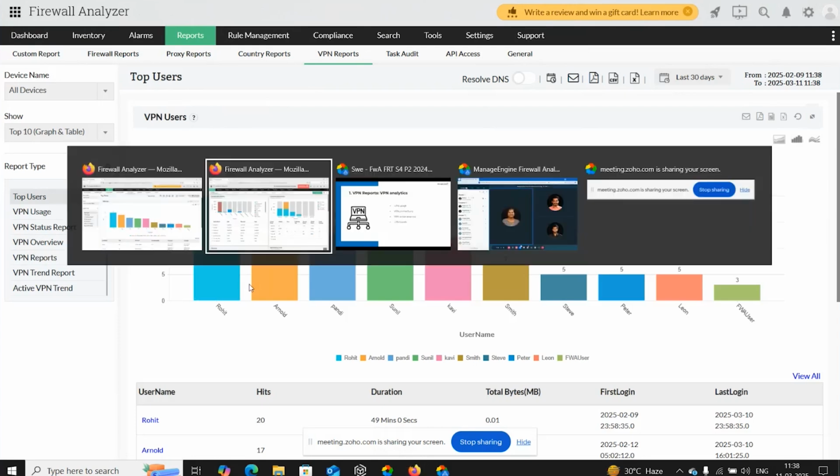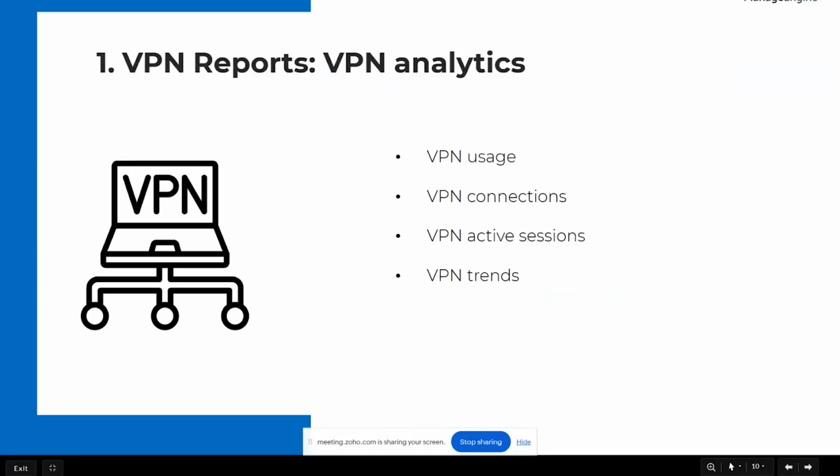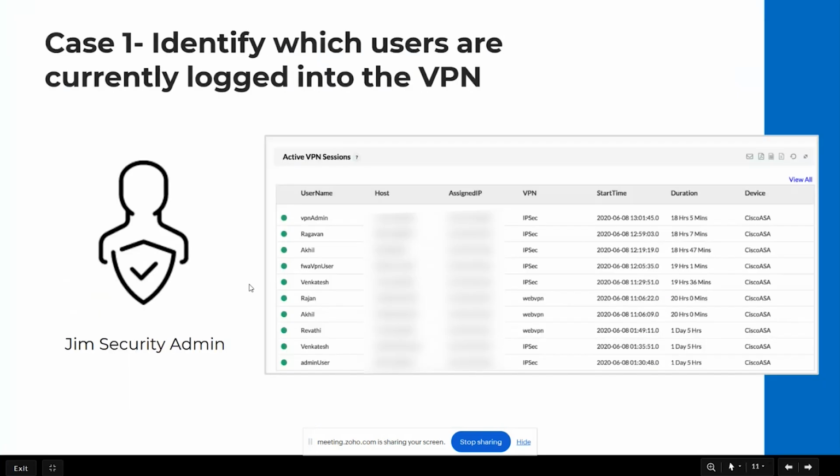So going back to the presentation. So in this first task, Jim has been tasked with identifying which users are currently logged into the VPN. For this, he needs to perform an analysis of all users who are currently logged into the VPN. This is especially useful to check if the employees are logged into secure connections and to monitor their activity status. So to do this in Firewall,